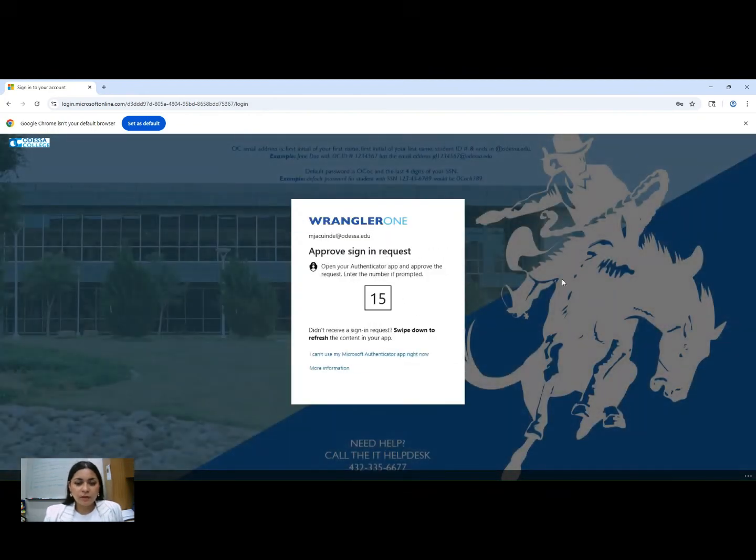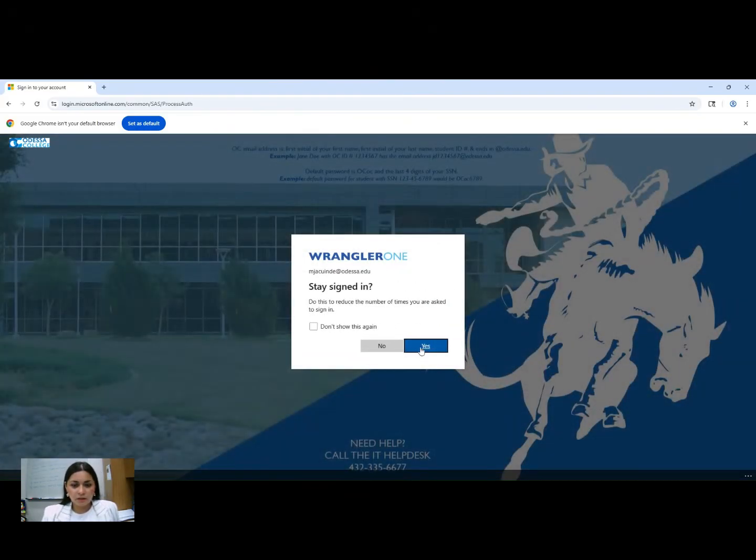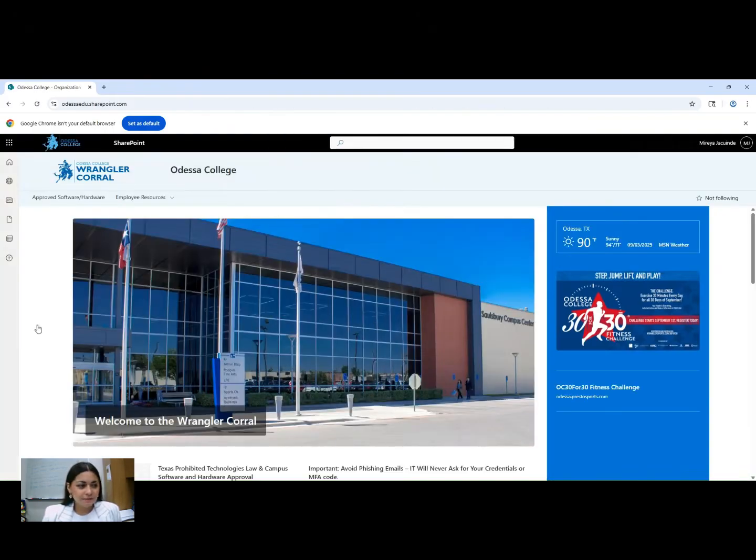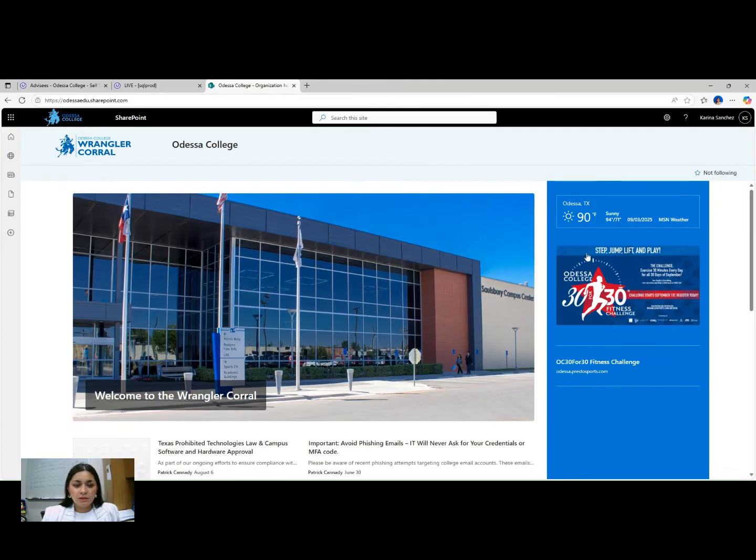All right, after I've entered my password, it's going to ask me to authenticate my identity. So I'm going to go to my Microsoft Authenticator app. I'm going to punch in the number that I see on my screen. Takes a few seconds. All right, now I've been authenticated. And now we're in. All right, so once you've logged into your Wrangler Corral, you're going to go ahead and